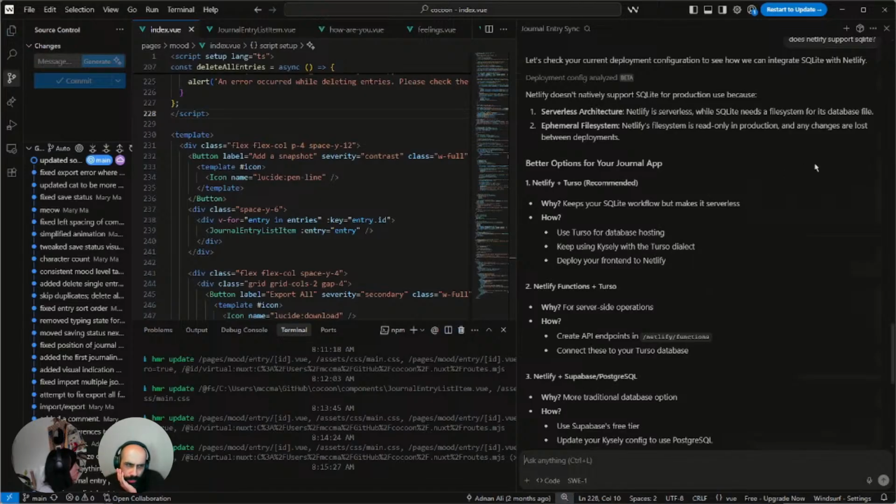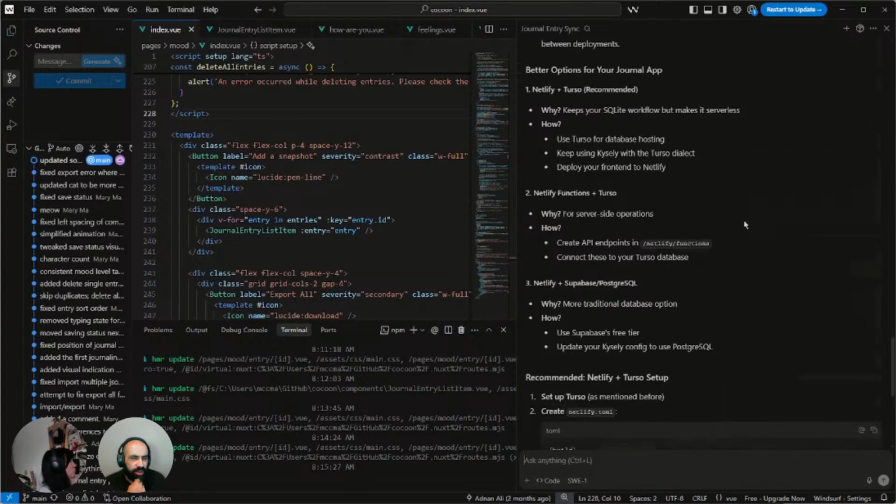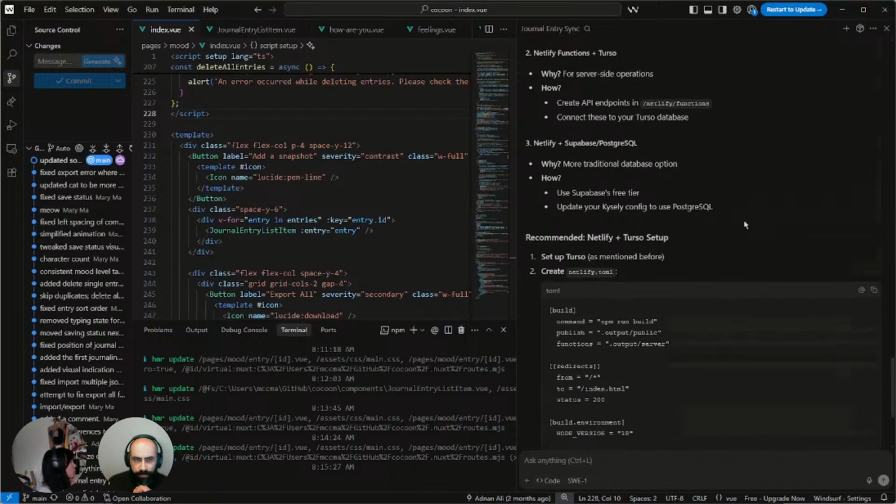It says here that Netlify doesn't support a traditional application server. I just Googled it on the side, which makes deploying to Netlify maybe a bit weird. But okay, maybe we can get to deployment later.